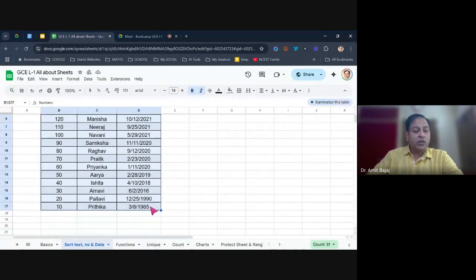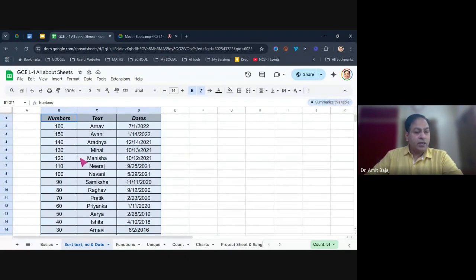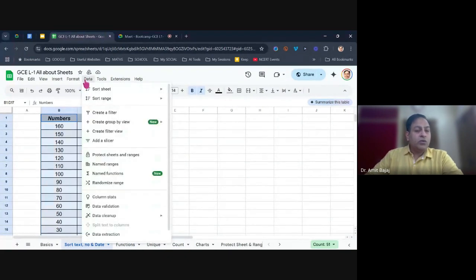Let me now select this whole table, and let me now go to Data. Here you will see the option of sort sheet and sort range. Because this is a simple table, I have selected the data. I will go with sort range. And when you see this, sort range by column B, because the first column here is column B. We have 3 columns here. So I want it to sort like A to Z or Z to A. It all depends. So let me choose A to Z. When I click on it,